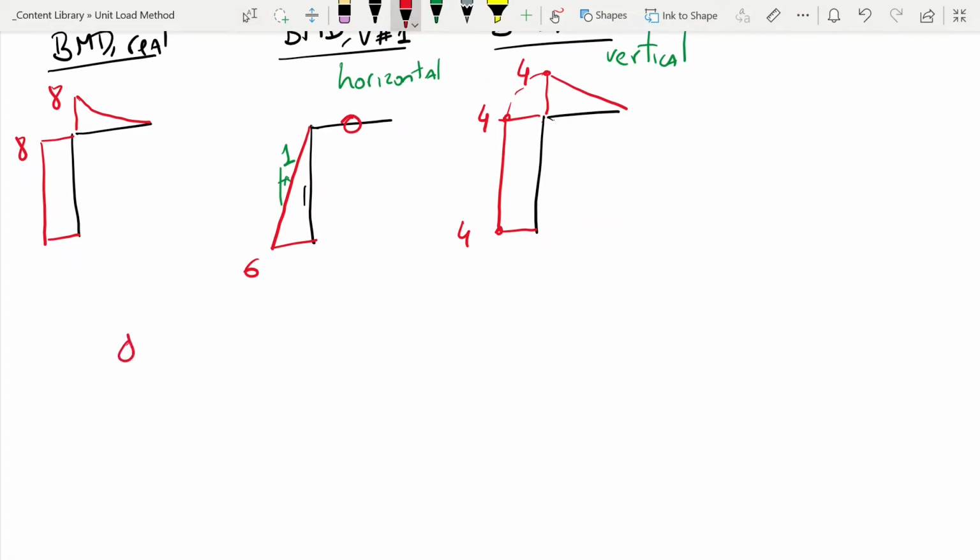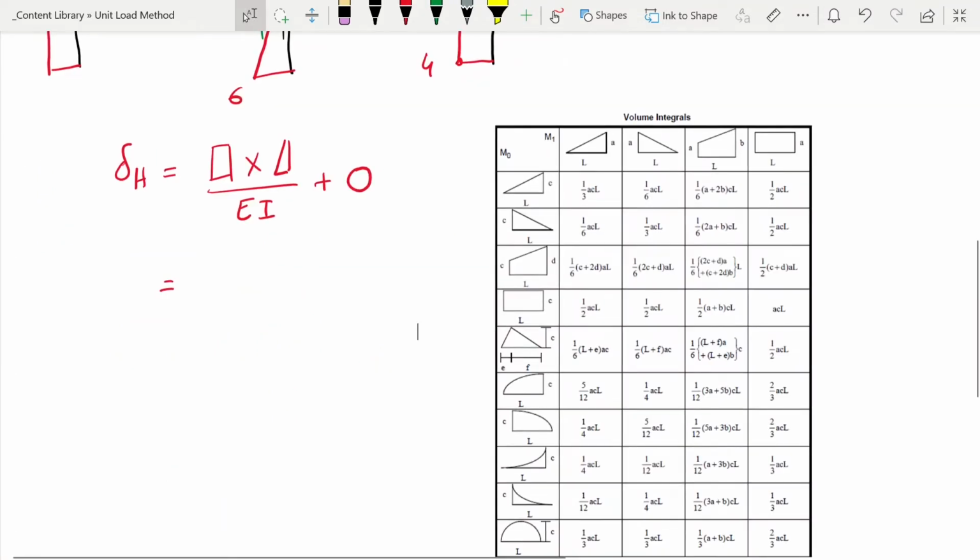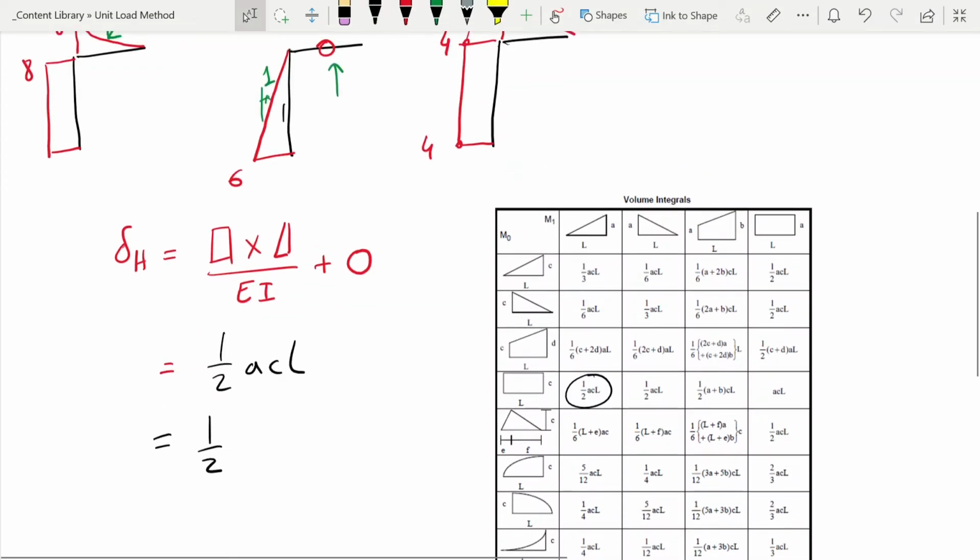So we know that our horizontal one is going to be a rectangle times the triangle, that's for the column, divided by EI, plus 0. And 0 because we're going to do this parabola times this diagram, which is 0. So at the end of the day, it's just going to be a square times a triangle. Now, based on the table, square times triangle is 1 over 2 ACL, so we can write that down. And we know 1 over 2, A is going to be the value of one of them,